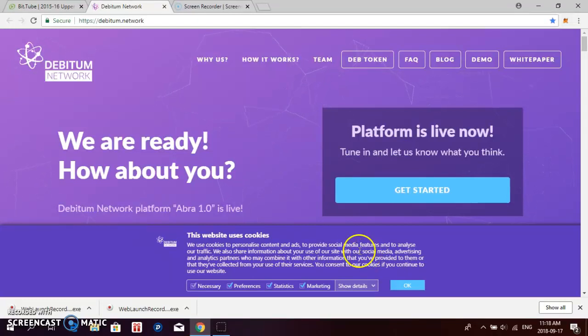Hi all. I am at the Debitum Network website. This was an ICO that sold Deb tokens at the time, and they already have a working platform right now which is good for small and medium businesses, which can get extra cash flow from this website. And also the people that participate in the ICO, they own the Deb token, which they can lend out